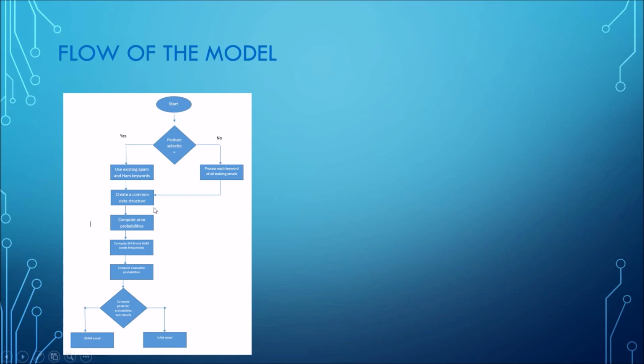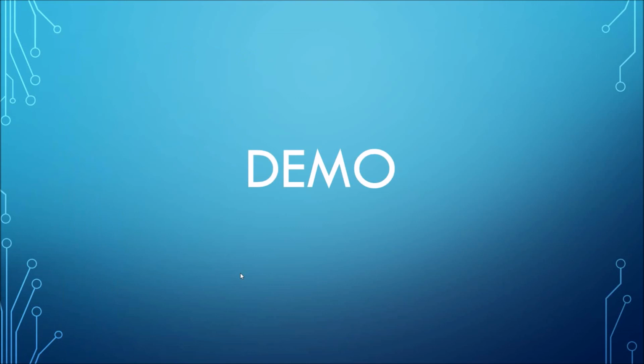And then the procedure is performed in a similar way, where we compute the prior probabilities and the evaluation criteria, and then the posterior probabilities, and we use them for the classification. So this is the flow of the model so far. And let's jump into the